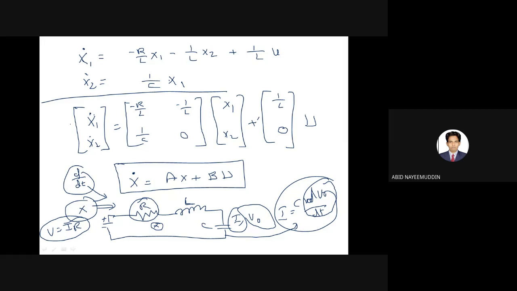Now in this problem there are two variables which are dynamic. One is I, another one is V naught. For those two things we have written the equations by using KVL or KCL, and then writing those equations in matrix form will give you the state model representation. So it's a two-step procedure. First is